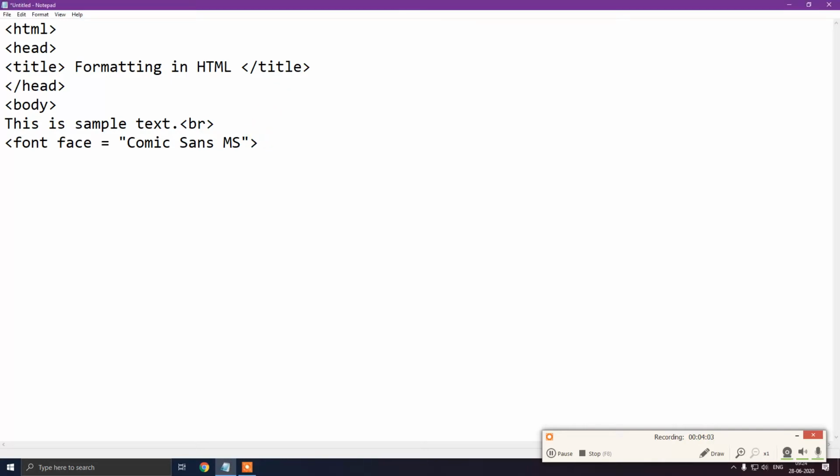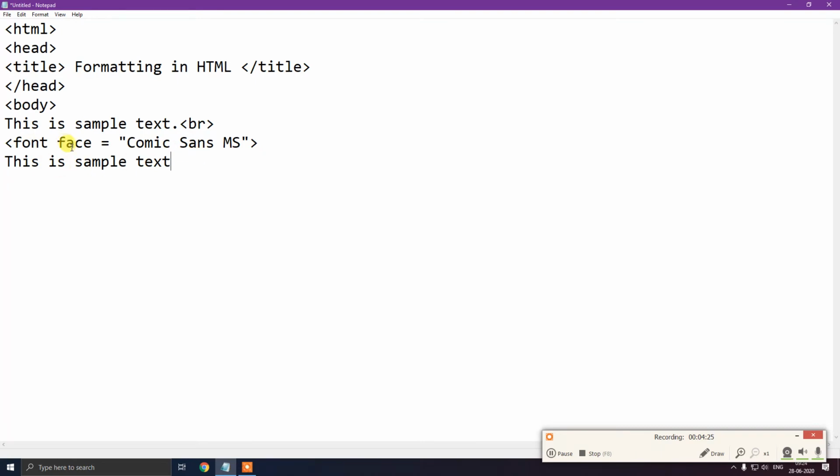Again you will write, this is sample text. Now why am I writing it two times? Because before the coding what we have written, this font face will not apply to that. But whatever I write after the coding, the font face tag will get applied.